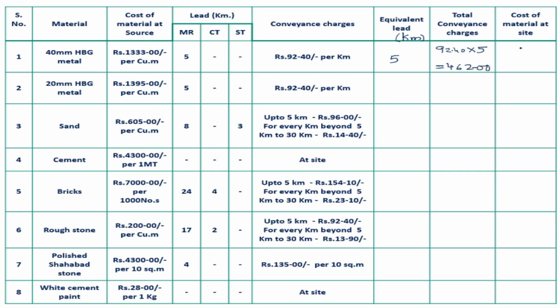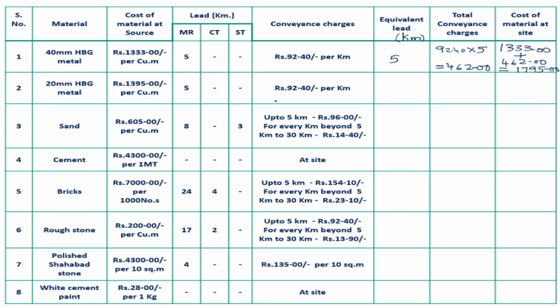And total cost of the material at site is source cost plus conveyance charge, which is equal to 1333 rupees plus 462 rupees. Total cost at the site is 1795 rupees. To get 40 mm HBG metal from source to site, it is required